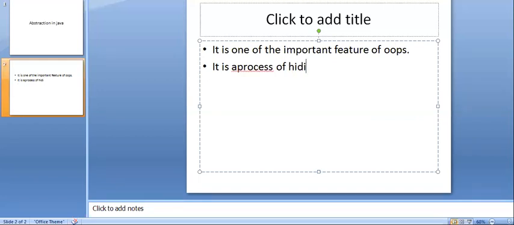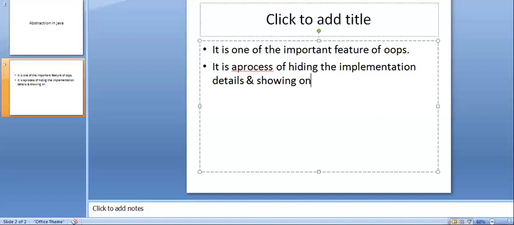The process of hiding the implementation details and showing only functionality to the user is nothing but abstraction.